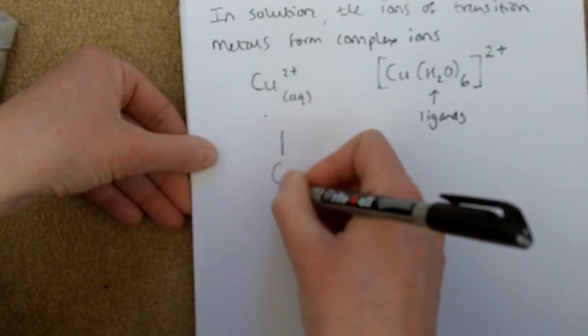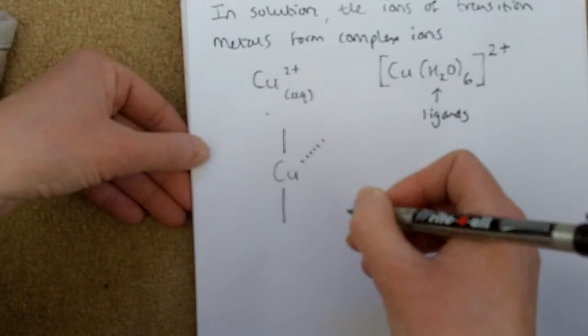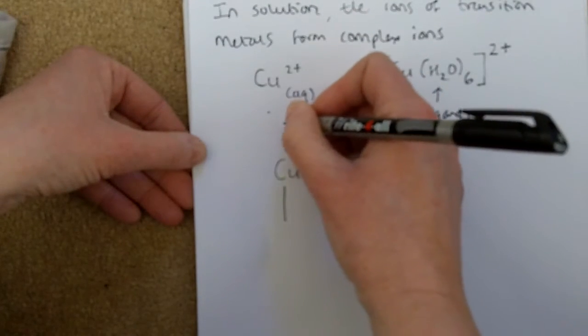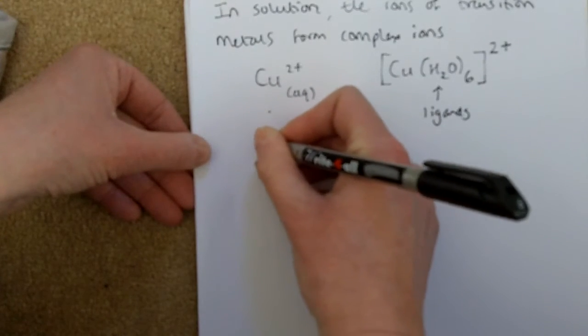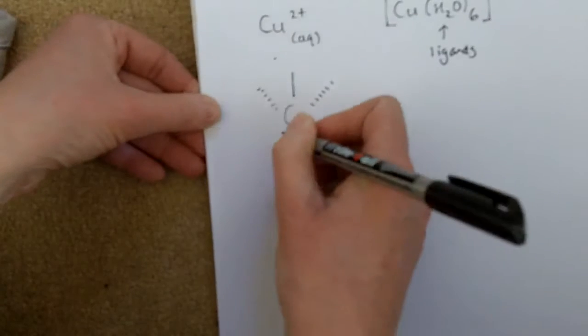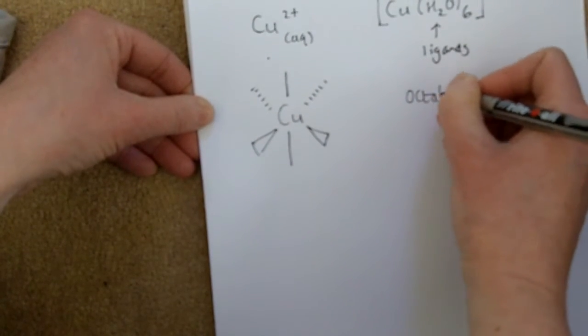Remember from AS chemistry, 6 bonds is an octahedral shape. The straight line is in the plane of the paper, the dash is going back, and the wedge is sticking out. So it's an octahedral shape. You remember the bond angle